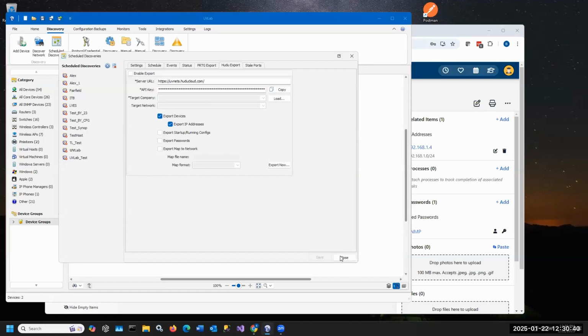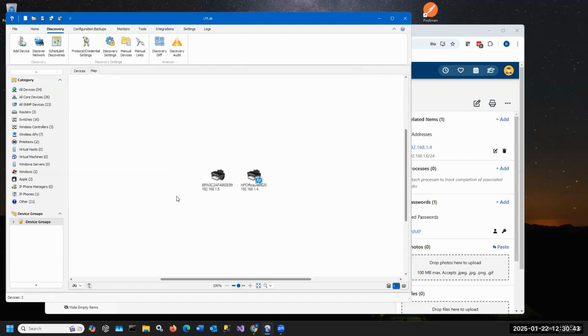UVexplorer can be run as a standalone product, or it also can be run as a distributed agent server-based product. We have actually a UVexplorer server that can coordinate 1, 5, hundreds of agents that you can distribute across your management infrastructure, whether across different companies or across a large enterprise. And you can set those up to automatically discover and export those into the